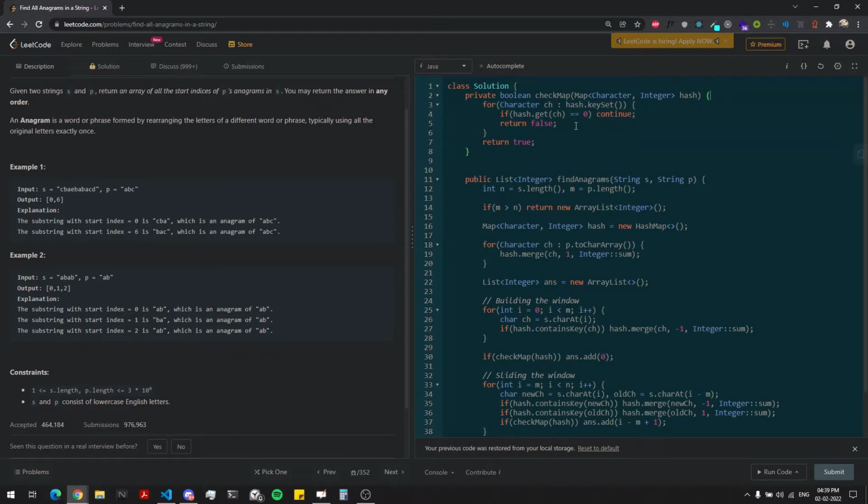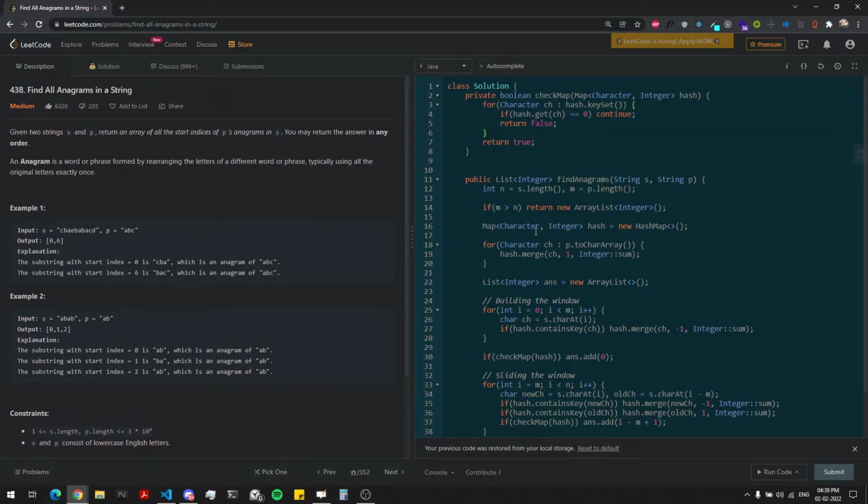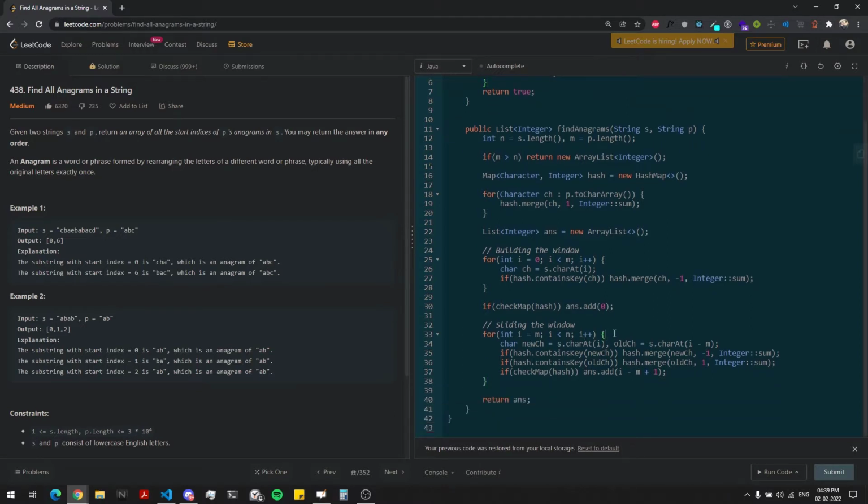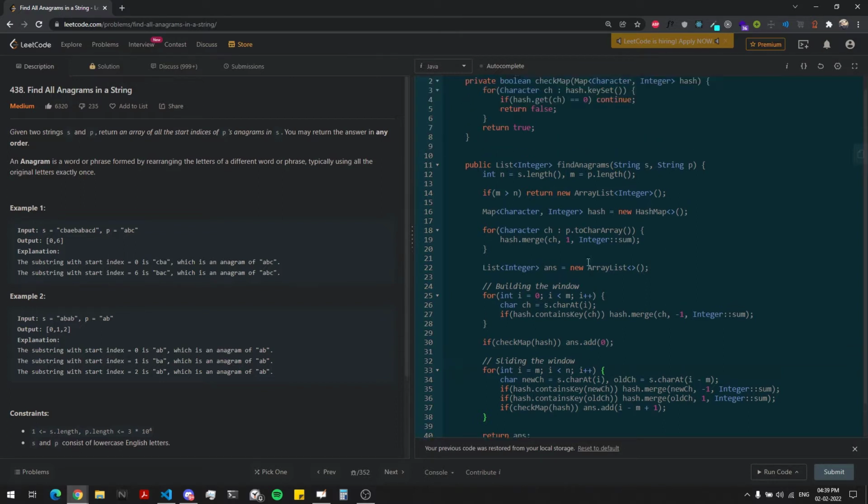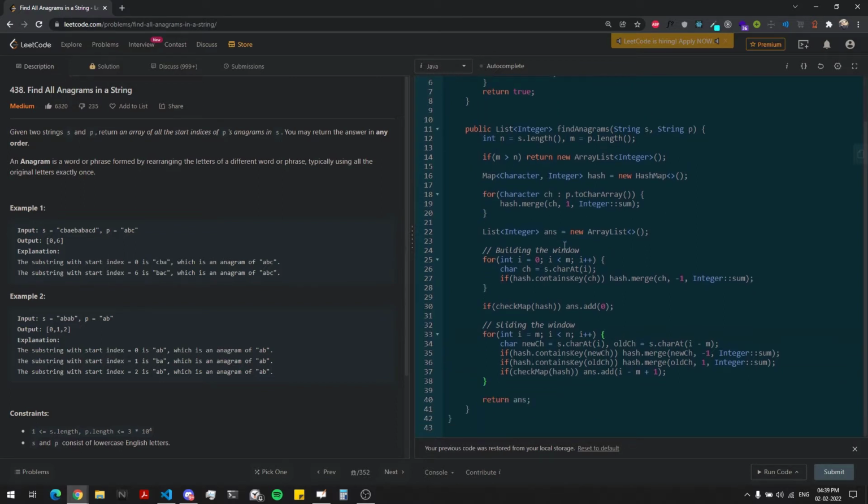It will go from 0 to 25, because the characters only range from A to Z, nothing else, since it is said here that it contains only Latin characters. Given that this takes constant time, and the other loop takes O of n time, O of n plus 26 is O of n. So this is a linear time complexity problem.